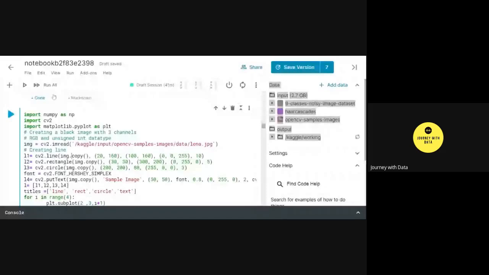So to draw a line, I have simply stored the output in this variable called L1, utilizing the cv2.line method. Now if you notice, the image was stored in the img variable. Instead of using that, I'm using cv2.line to draw a line, and then the image name. Here, instead of using the original image, I am using a copy of the image.